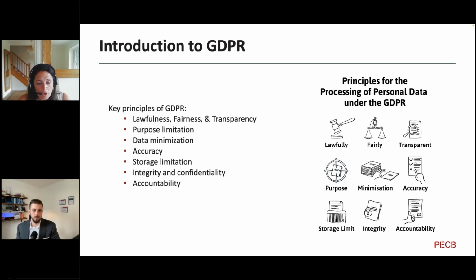When we think about the principle of purpose limitation, that means that when you collect personal data and use it, you only use it for the original purpose that you intend to use it for. So that would mean not collecting it for one purpose and then using it for something completely different. When we think about data minimisation, I know Mike is going to talk much more about this in greater depth, but this is really about making sure that you only collect the data you need. So not collecting information because you may need it. It's about collecting what you need for those purposes and making sure that you're not collecting and storing too much.